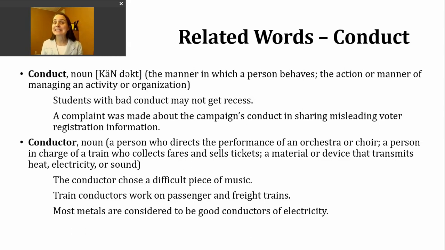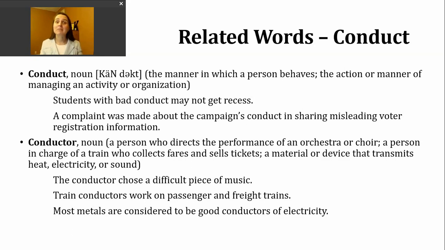So as I've been saying the verb conduct, hopefully you can hear I'm putting stress on the last syllable in the word, conduct. Okay? But when I use the noun form, I'm going to put stress on the beginning of the word, and the vowel sound is going to change just a little bit, right? So the noun form will be pronounced conduct. Hopefully we can hear the difference.